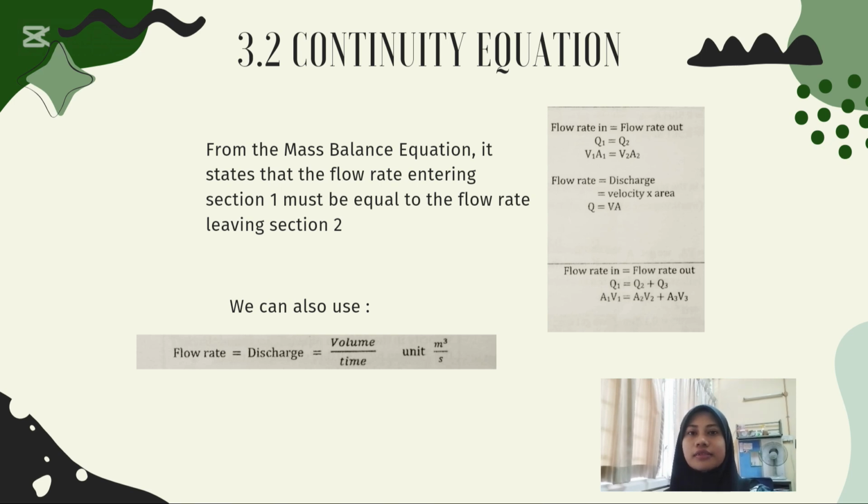So let's move on to the continuity equation. The formula is flow rate in equals flow rate out, or we can say Q1 equals Q2. The next one is flow rate equals discharge, where discharge is calculated with velocity times area. The next one is flow rate in equals flow rate out, where Q1 equals Q2